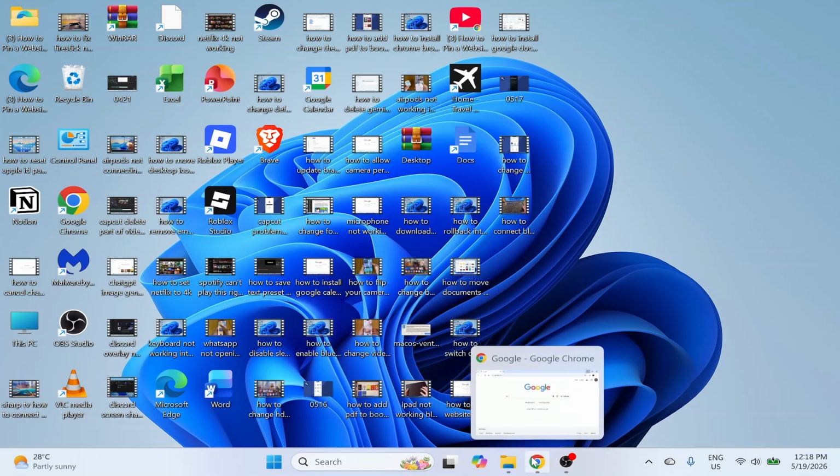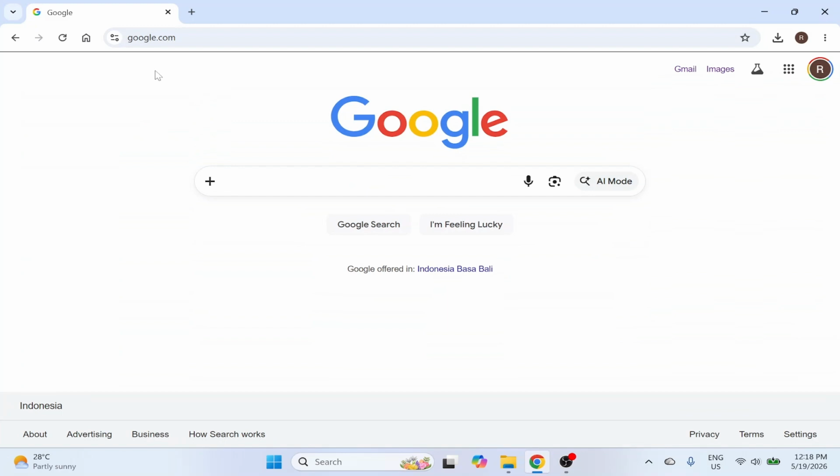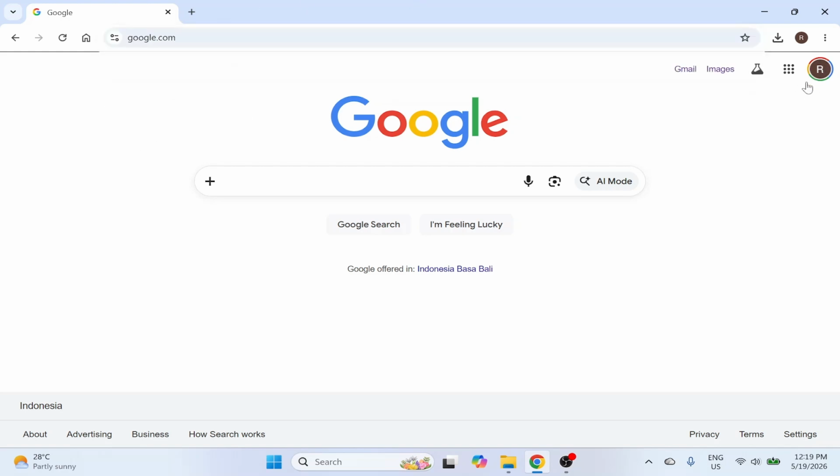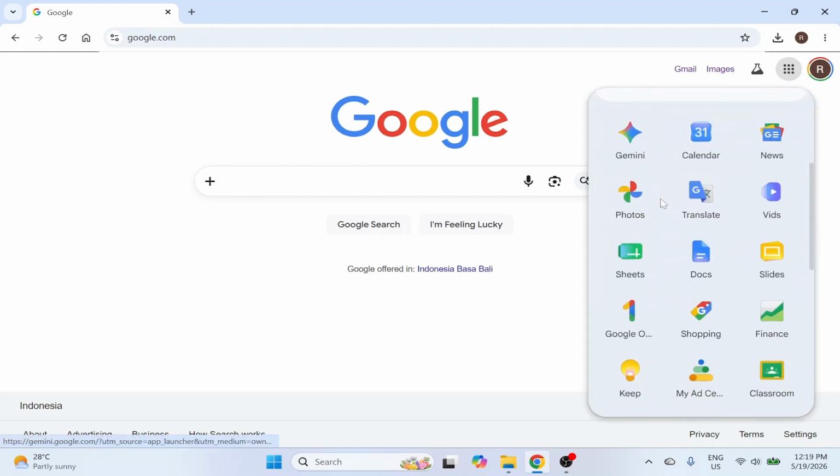So first, just go and open up a Google Chrome web browser. Now you need to make sure that you're using Google Chrome and not another web browser. Now go and open up the website google.com and make sure you're signed into your Google account. You can then click on this square icon in the top right hand side, and then scroll down and open